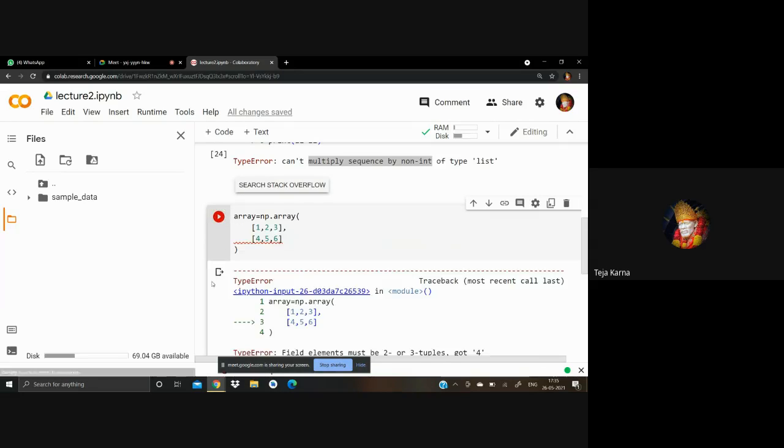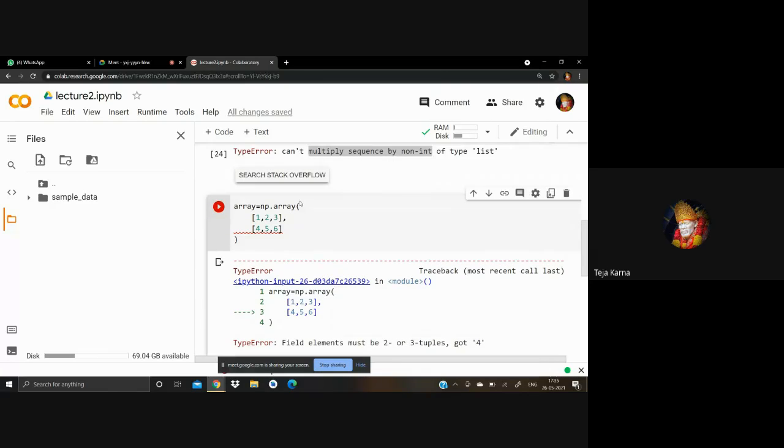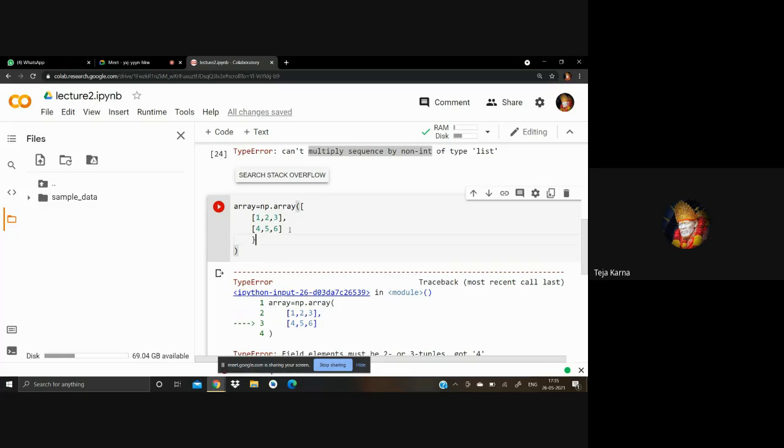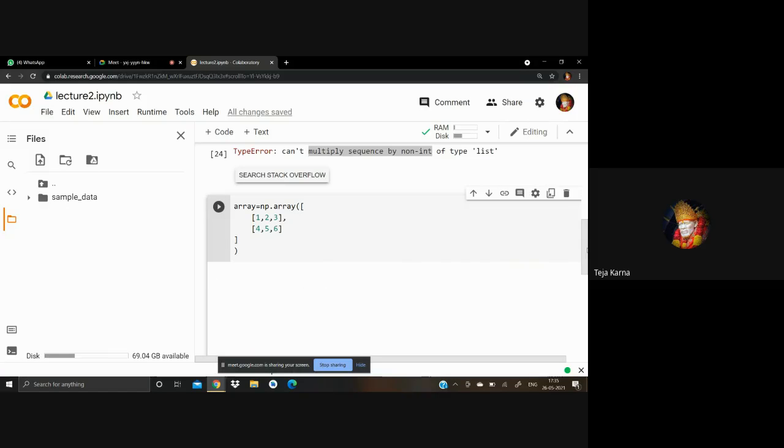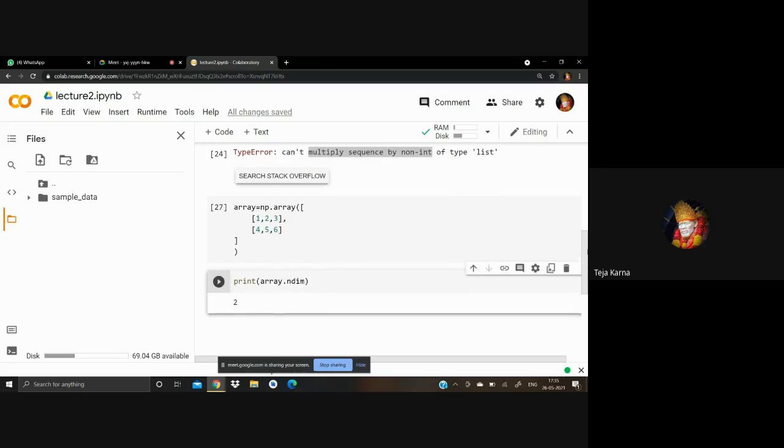First we have to run this. It's showing an error. I guess I have not started the string. Fine, this is an array. Now when you pass this, it shows 2, that is, it's a two-dimensional array.